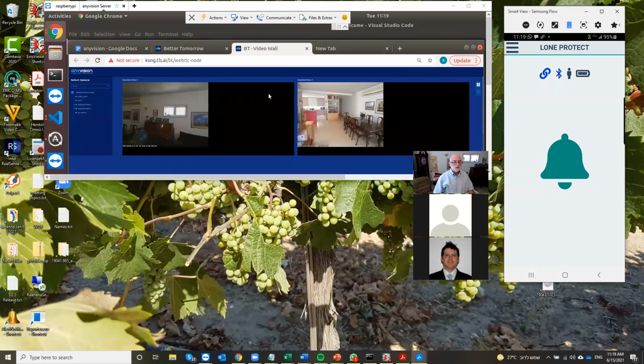This is the server, the AnyVision server. Again, as I move into view and then back, I'm getting pretty good performance here. I'm sorry for the annoying chime, but that's what I put in as the output for this alert rather than actually unlocking a door or setting a lamp. So, back to